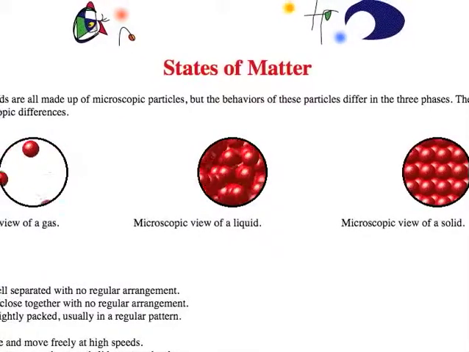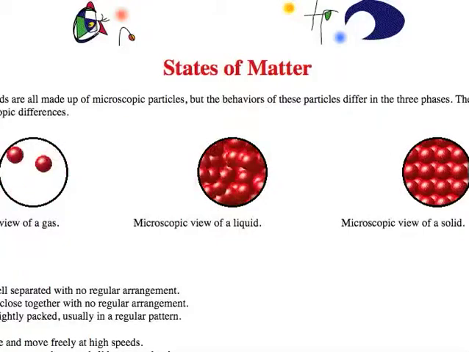If you see here, this is an animation from Purdue University. This diagram here shows a solid. Notice that it's moving just a little bit, right? A liquid, they're rolling over each other, all these little particles, molecules or atoms or whatever we're looking at. Here is a gas. Notice how fast they're moving and moving around. This has a higher kinetic energy than this, and this has a higher kinetic energy than that.